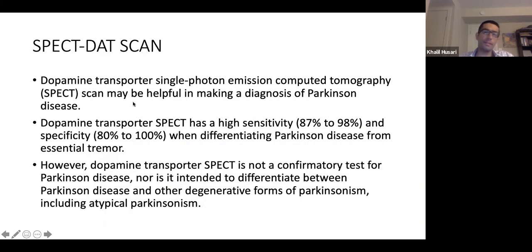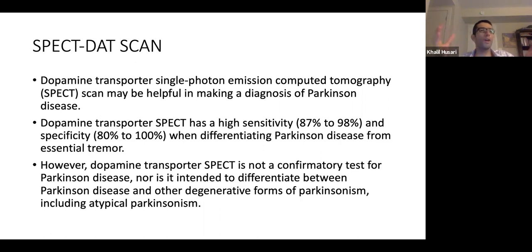So as we said, the SPECT scan or the DAT scan, which is a dopamine transporter single photon emission CT scan, has approximately 90% sensitivity and maybe 80 to 100% specificity, but this is only for differentiating Parkinson's disease from essential tremor. However, it does not differentiate Parkinson's disease from, for example, multiple system atrophy or progressive supranuclear palsy or other